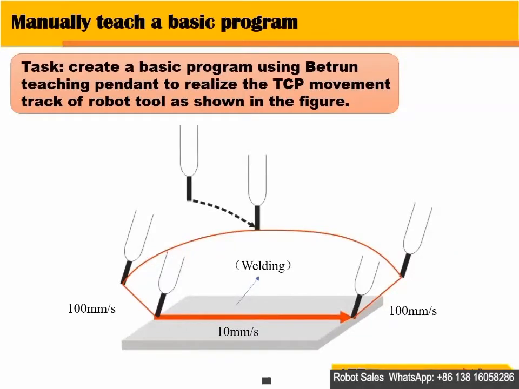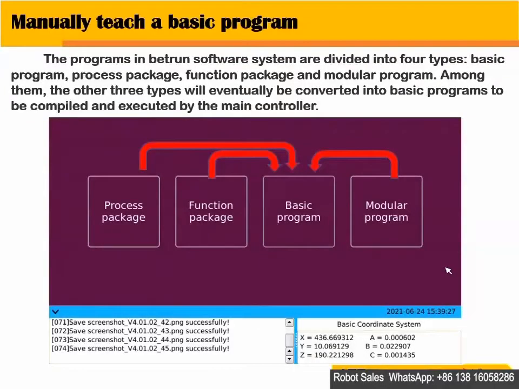Create a basic program using Bertrand teaching pattern to realize the TCP movement track of robot tool as shown in the figure. The programs in Bertrand's software system are divided into 4 types: basic program, process package, function package, and modular program. Among them, the other 3 types will eventually be converted into basic programs to be compiled and executed